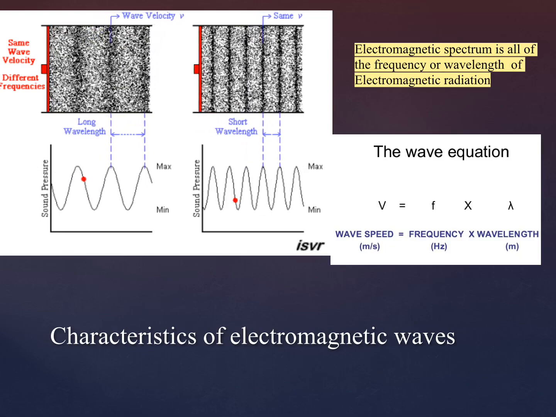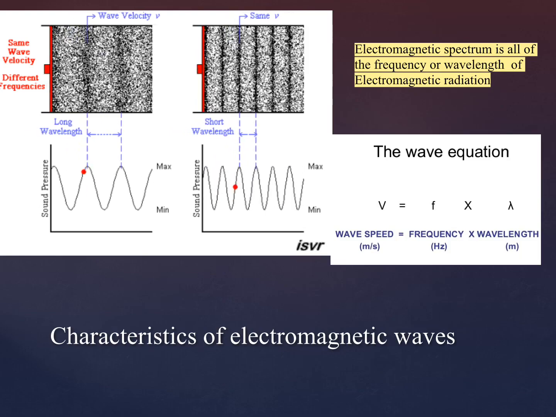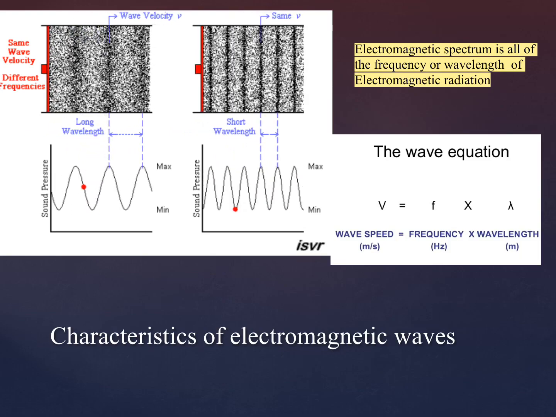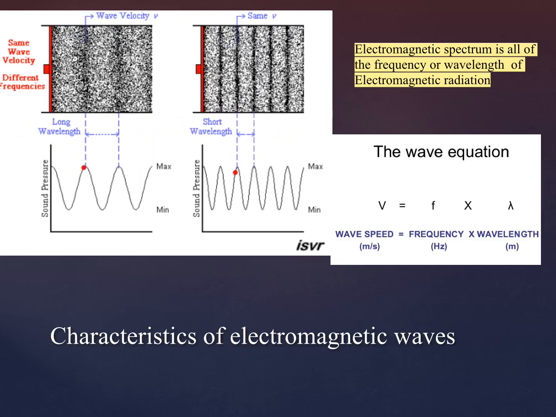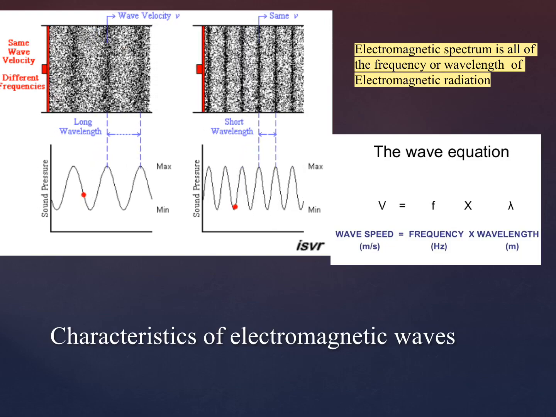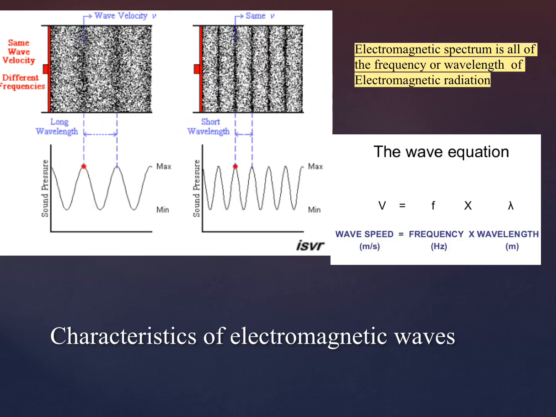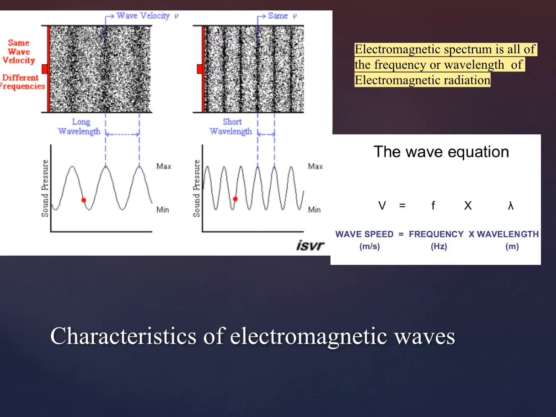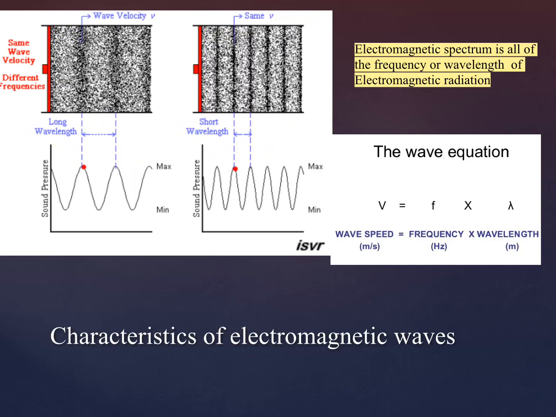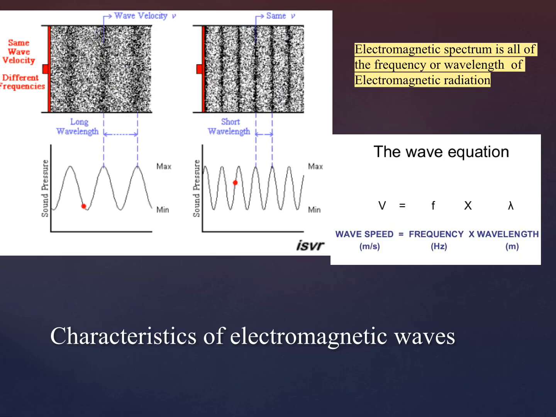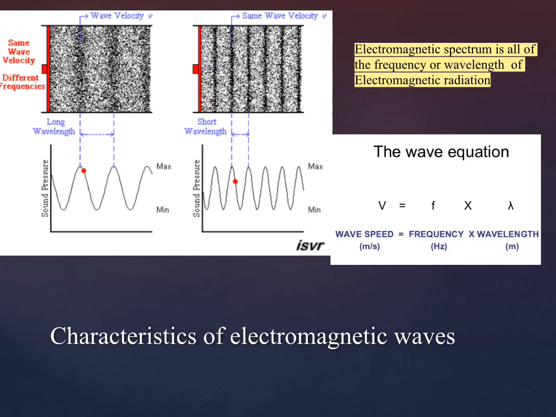And you have learned in the previous lesson what an electromagnetic wave is. If you don't remember, let me remind you: an electromagnetic wave is a wave that consists of electric and magnetic fields that vibrate at a right angle to each other. Or you can say it is a wave that can travel through empty space or matter, that consists of changing electric and magnetic fields perpendicular to each other, and of course perpendicular to the direction of the wave motion.